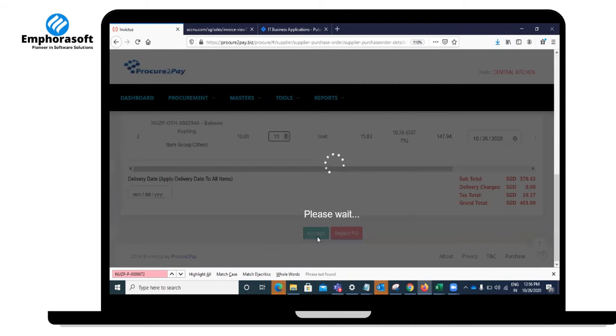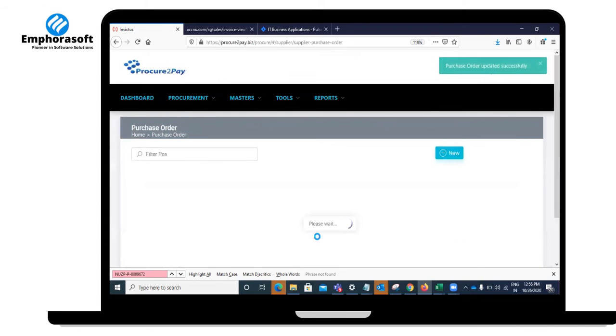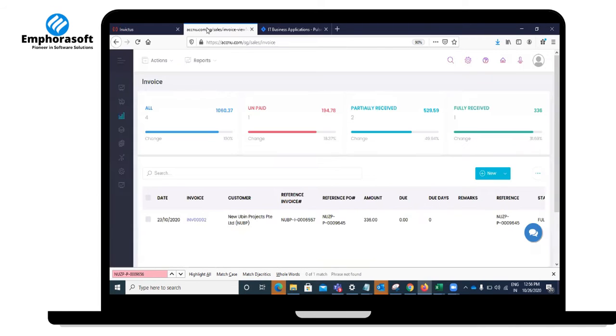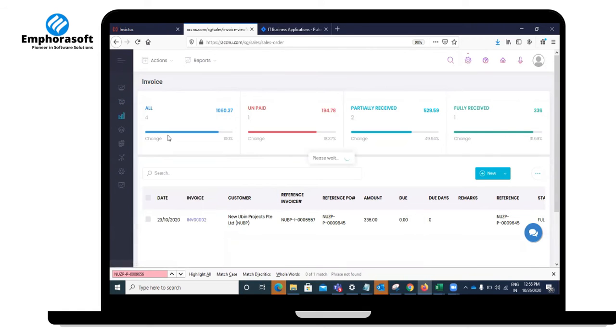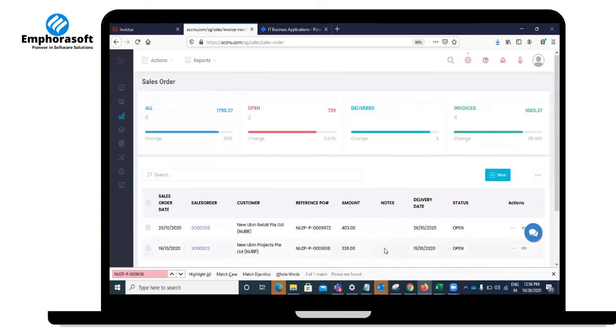The moment the supplier accepts the order, the next thing is he has to deliver. Whenever the order is accepted, the delivery and everything happens from the ERP, because that's where the inventory is stored. You can see that the sales order is already created.